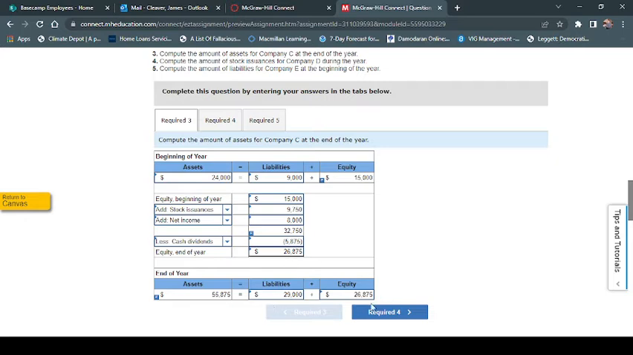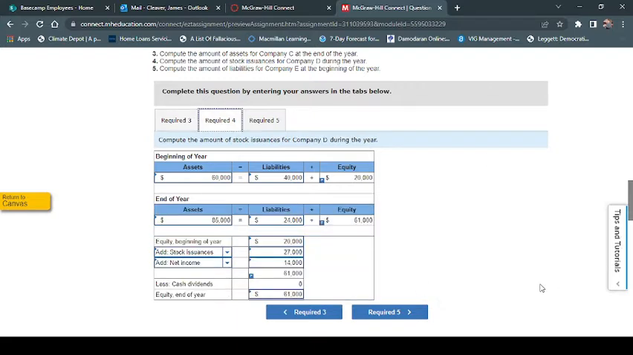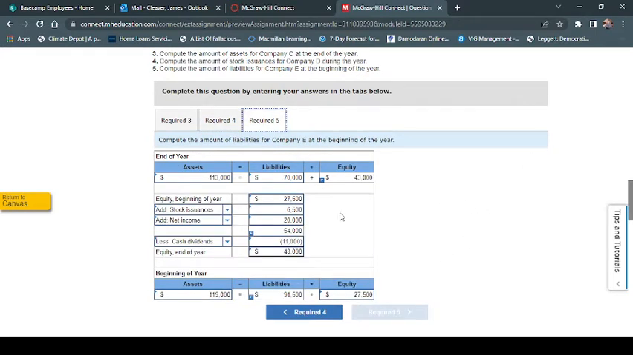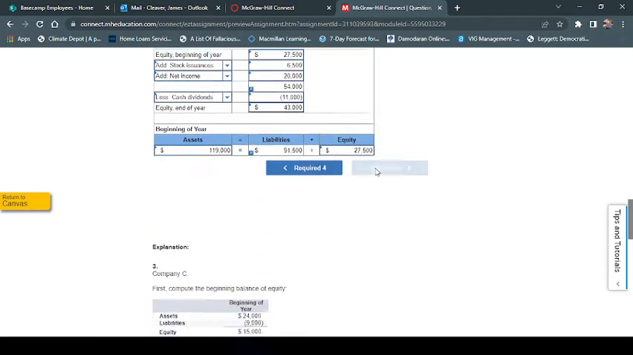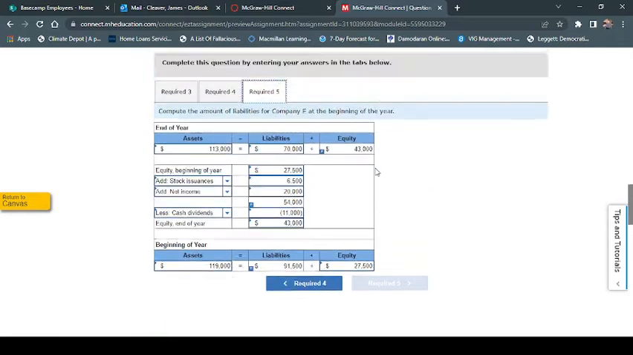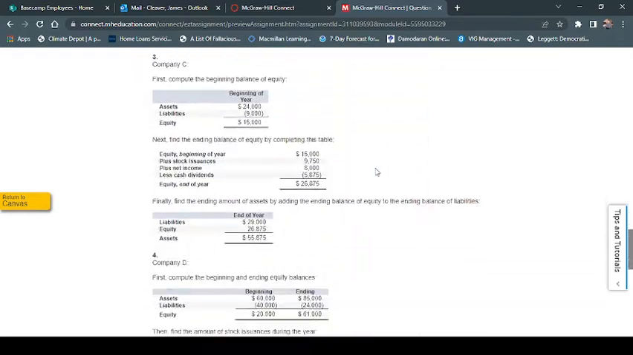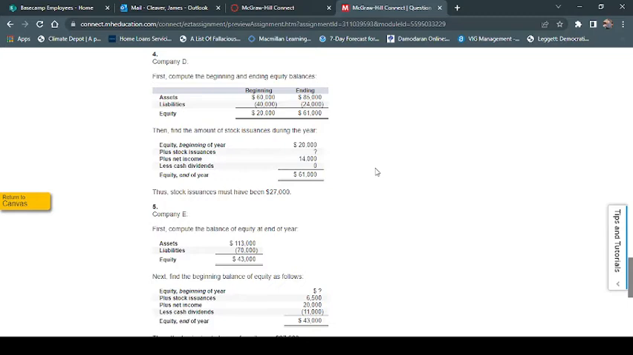Again, you saw this question in number 2, I think. What is the amount of assets for company C at the end of the year? And we've got this one. Company D, amount of stock issuances. Oh, what a pain. I got to back into that. And here's number 5, the amount of liabilities for company E. Now let me give you this is number 4. So let me give you the explanation there,